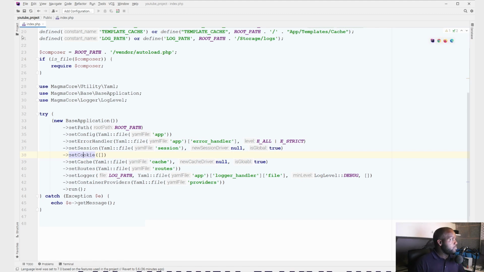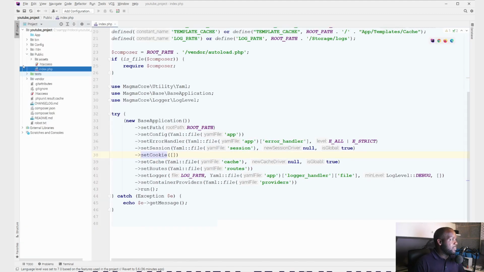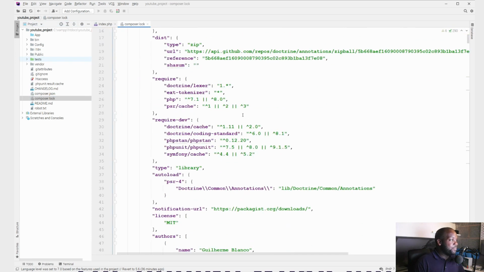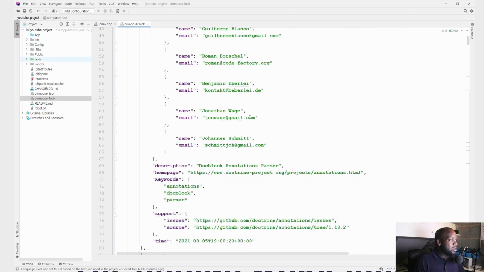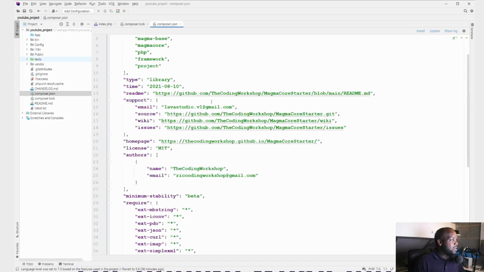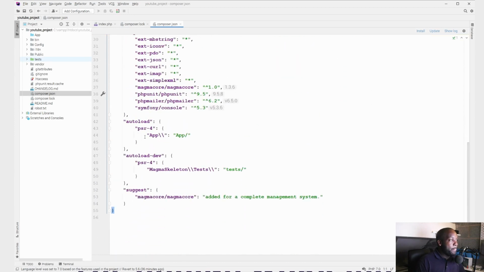So let's open back our project sidebar. So that's our Bootstrap index file, and it's going to be the gateway into our application, right? So you can see also our composer file. We also autoload, if I can find it, that's the lock. Composer file, you can see we also autoload the PSR4 standard pointing to our app directory, which